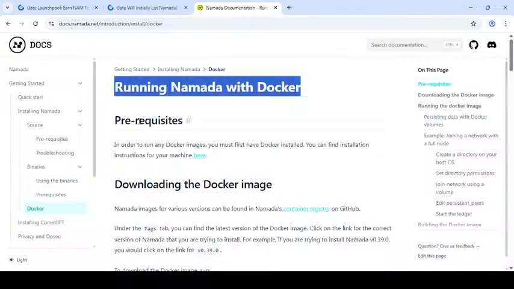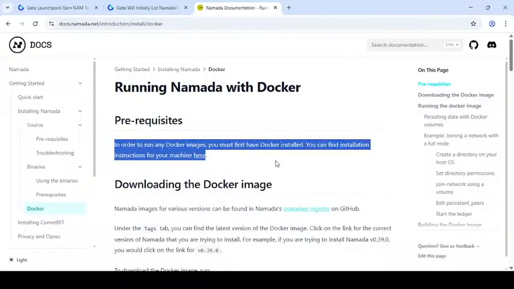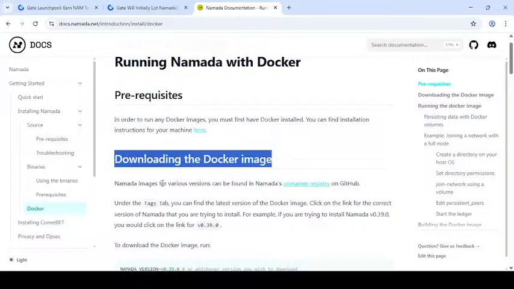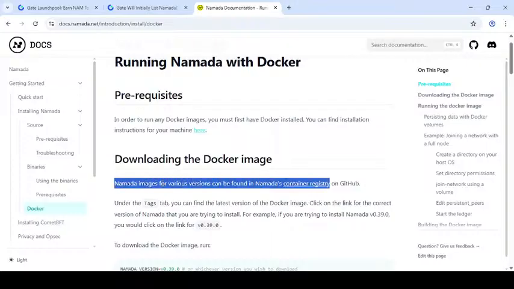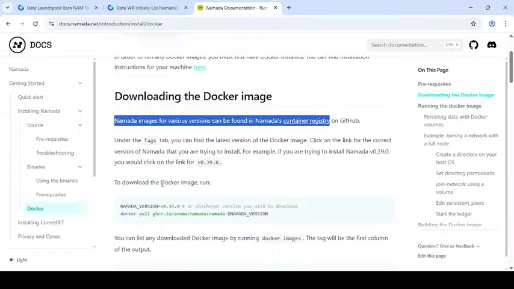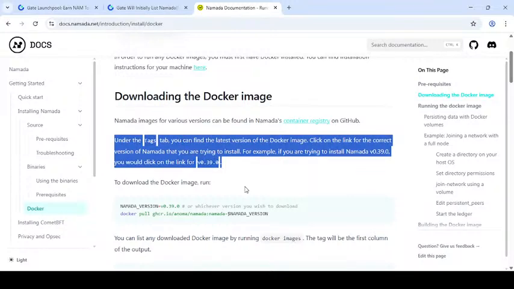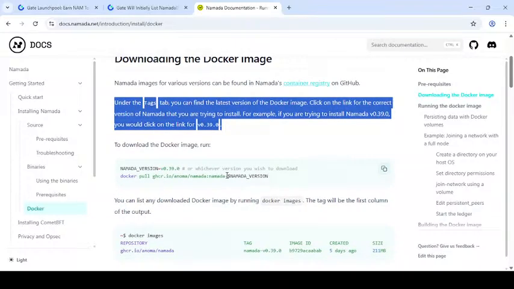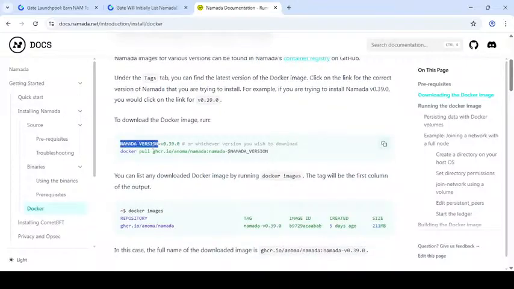Running Namada with Docker, the free information in order to dump and the miss or docs installed finding installing instructions and downloading the Docker image the Namada made image the various can be found Namada and get on GitHub and the under the text and pick and latest versions on the Docker image and click on correct versions and Namada UID and can install and explore trying to Namada B0939 and 0